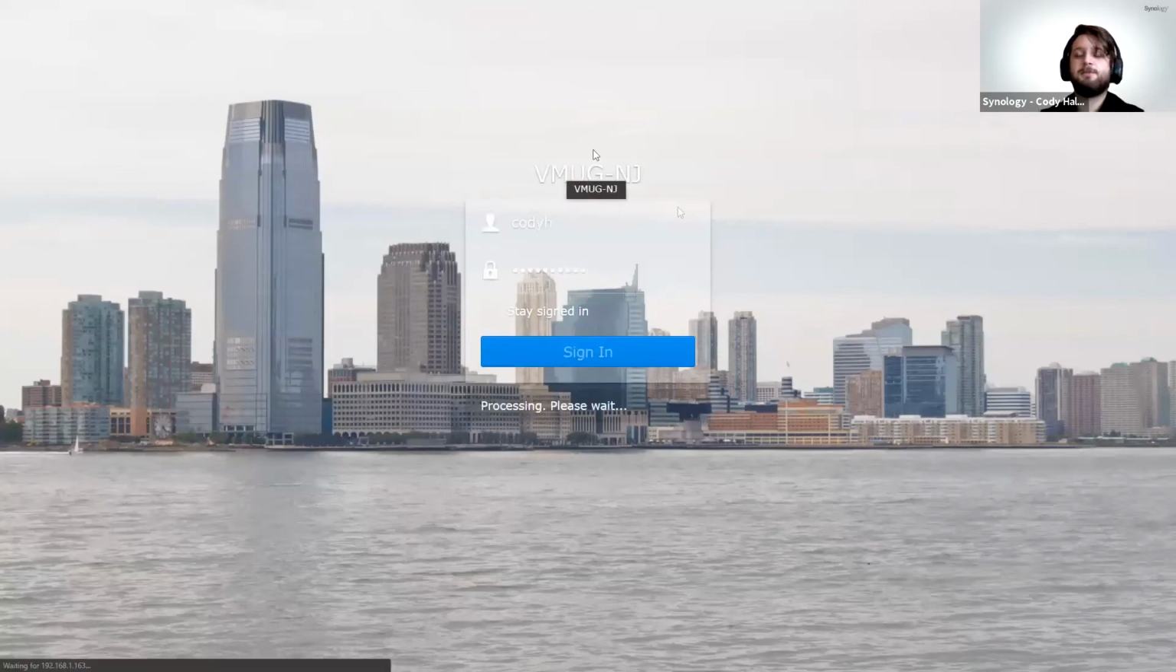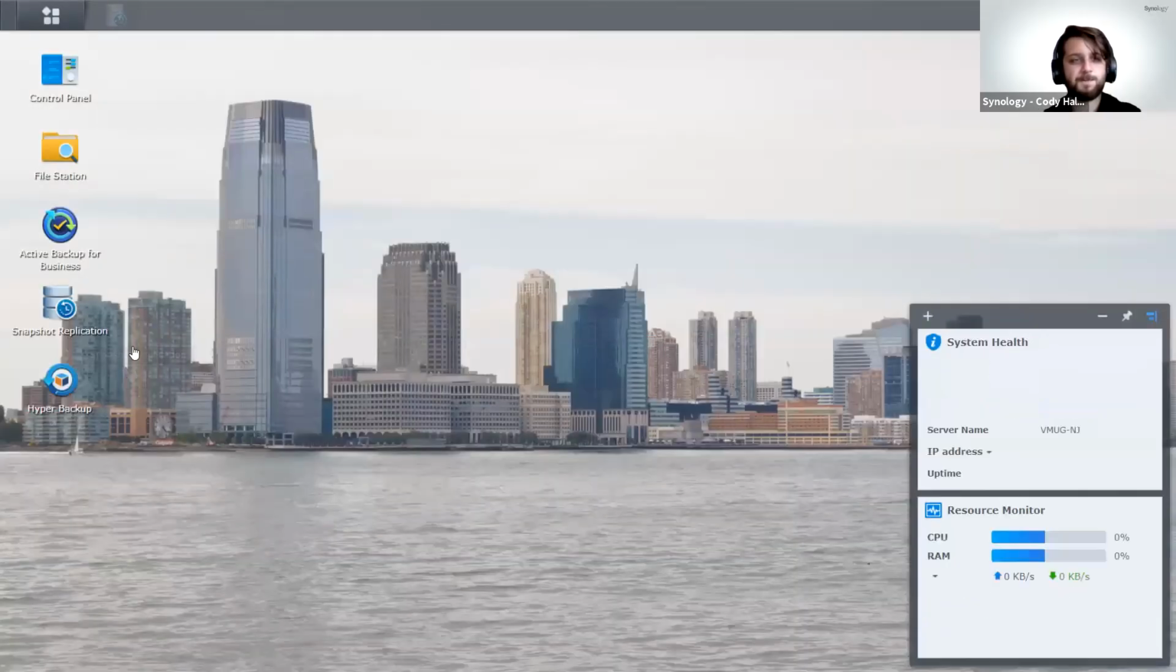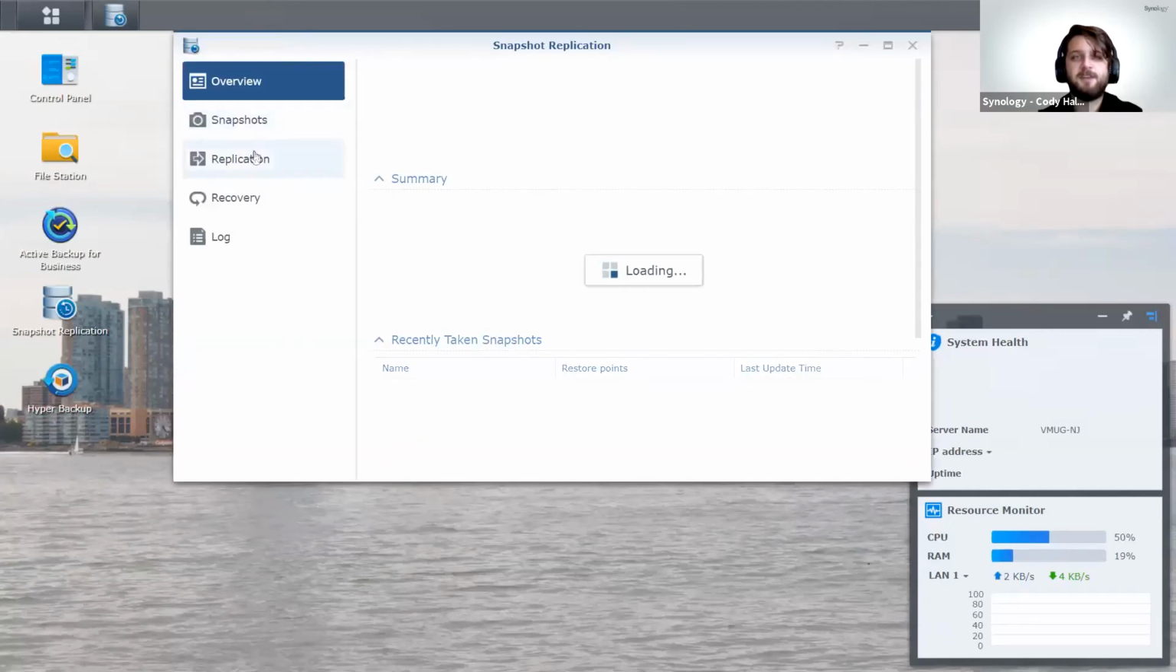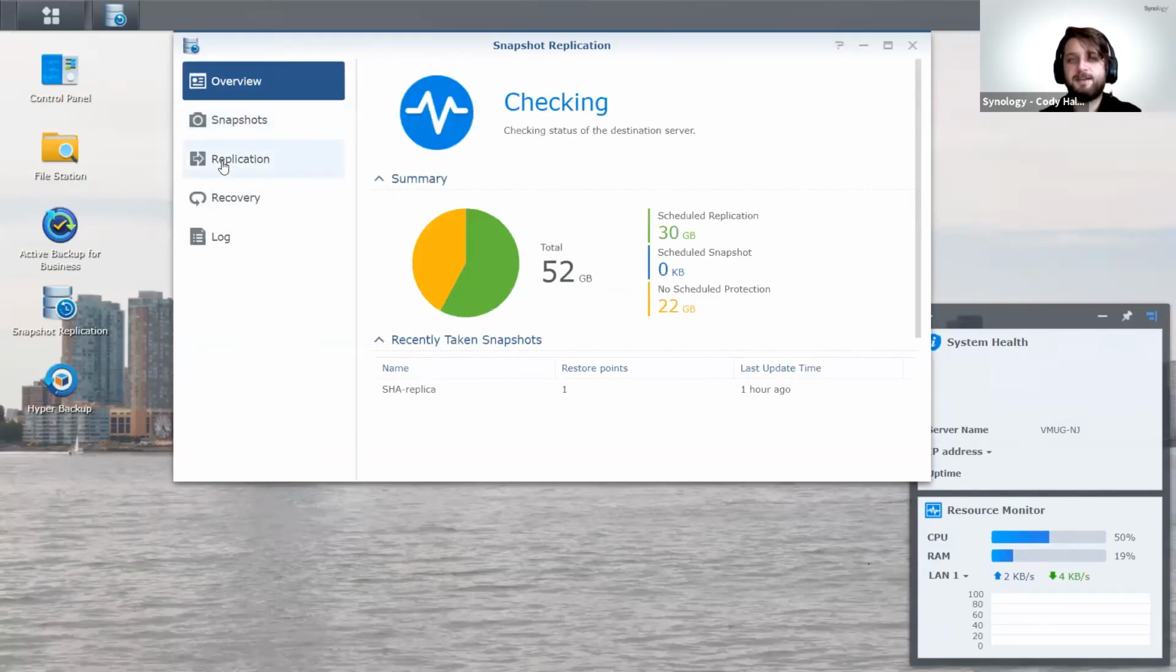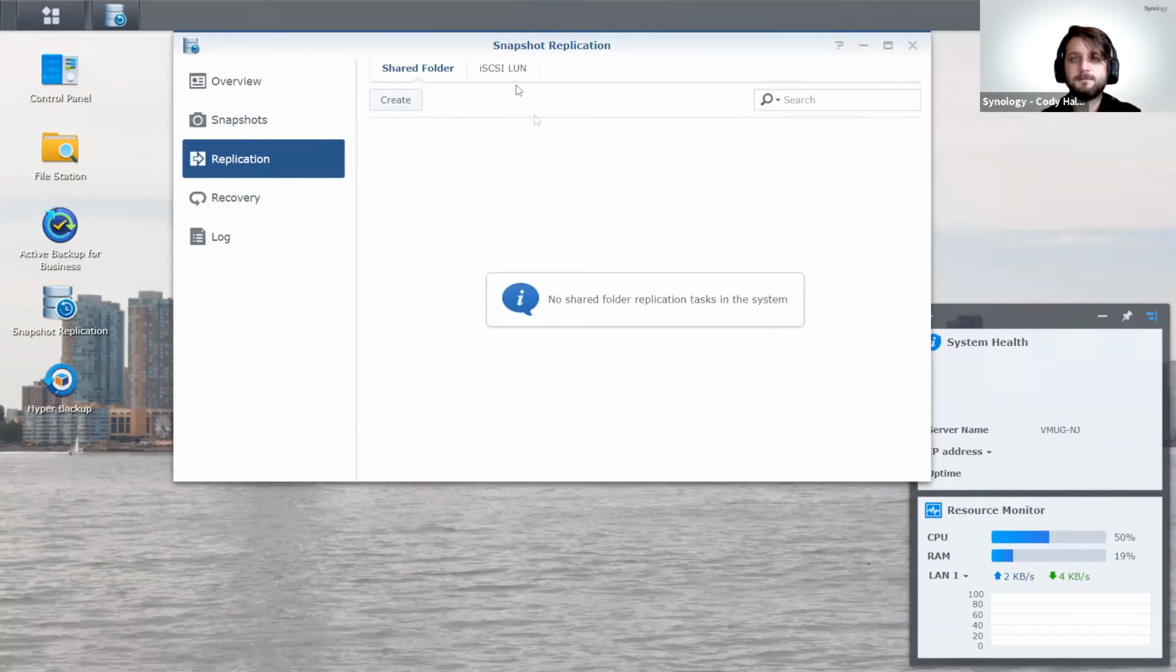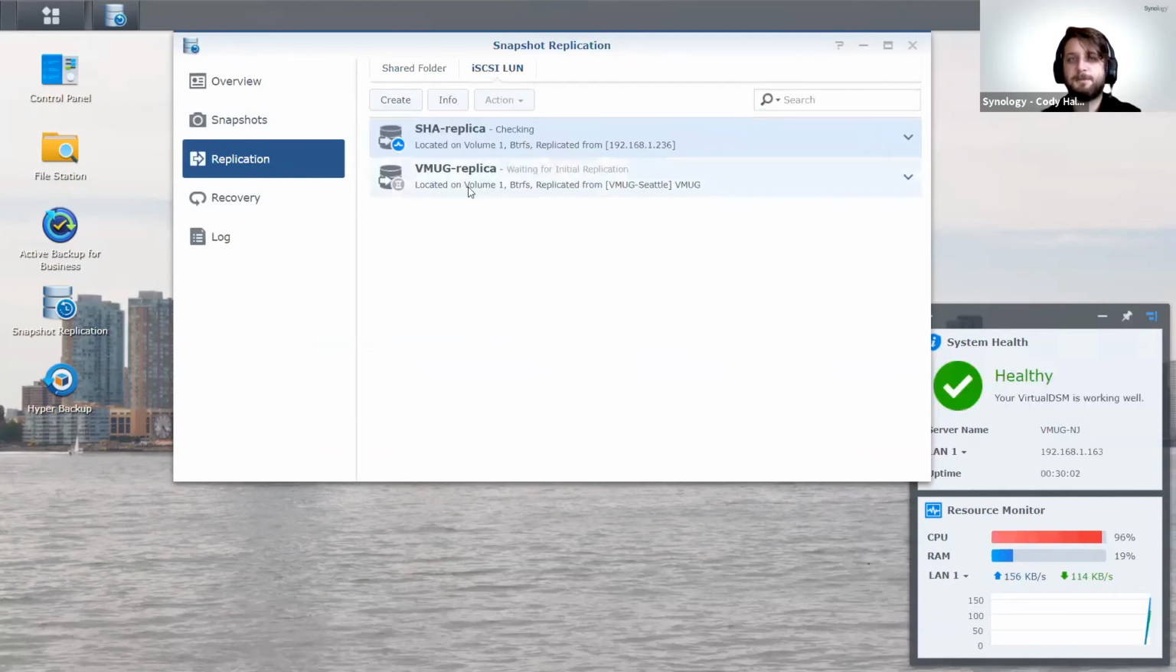I just want to show you a couple things in the menu before we hop over to the cloud backups. On this other end, you're going to see the other end of the replication task. As you can see, we can see these replica LUNs. It is waiting for the initial replication for the replica right now for that VMUG LUN, but our SHA just